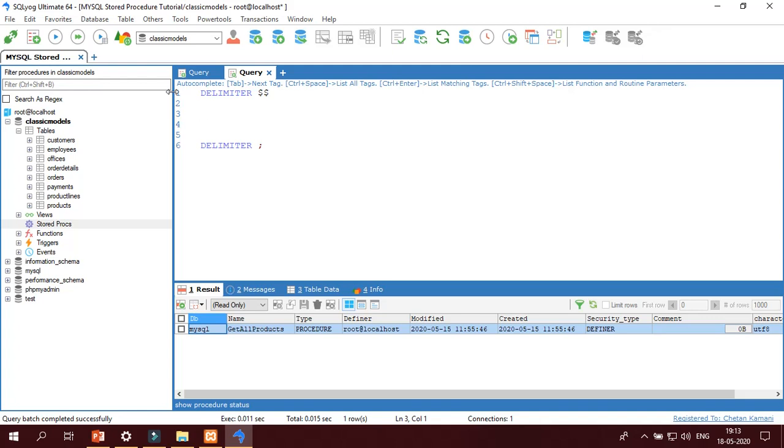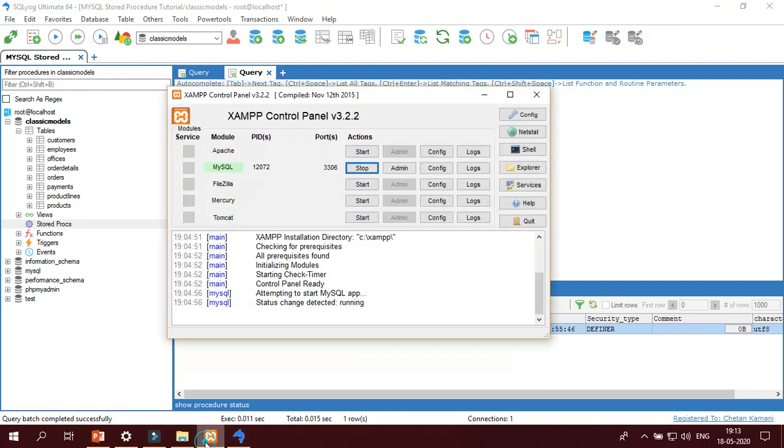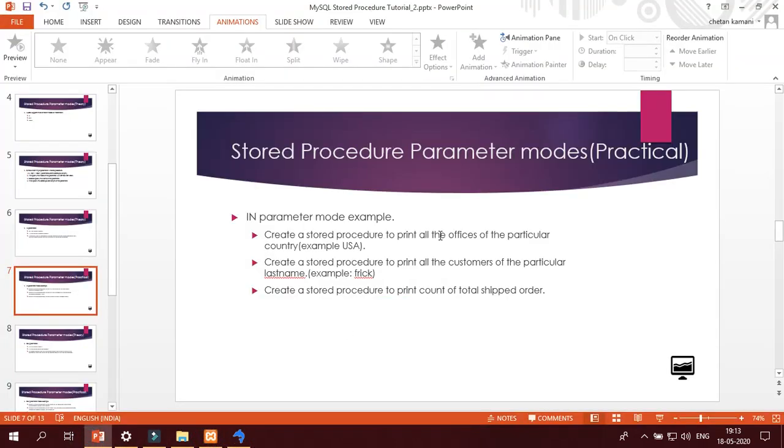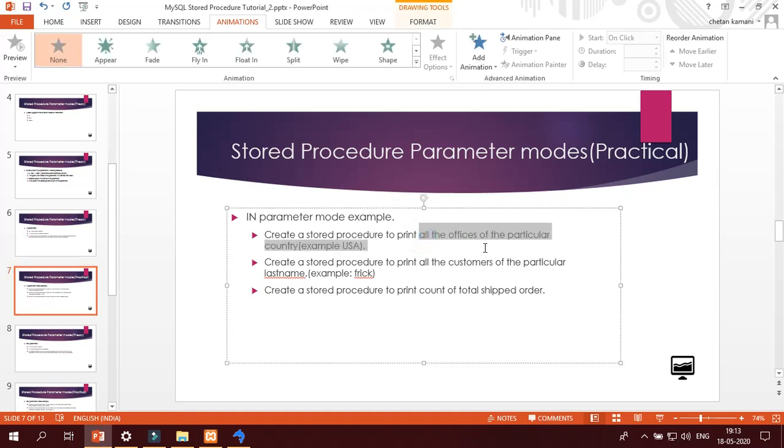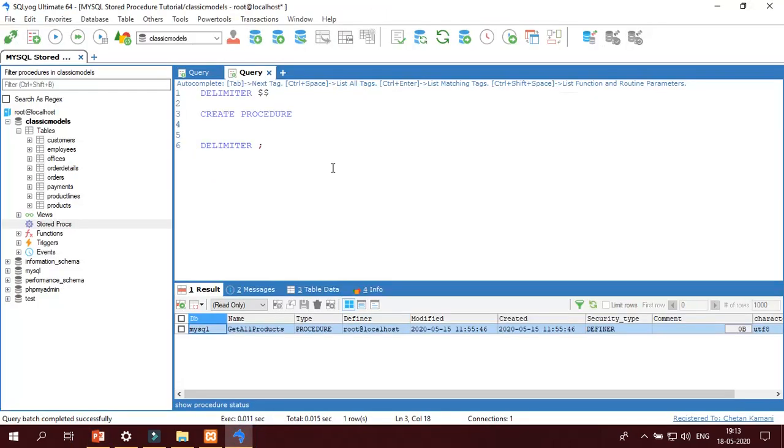To write any procedure we write CREATE PROCEDURE. The first example is all the offices of a particular country, so I set its name as get_office_by_country. This is the procedure name.